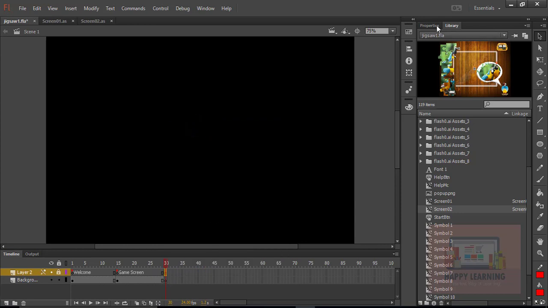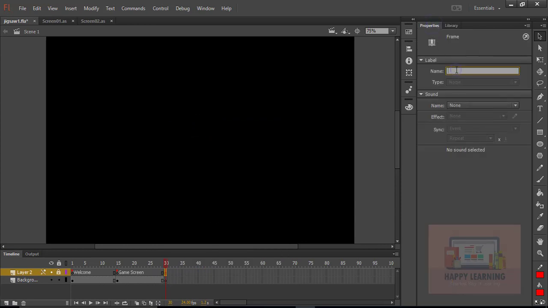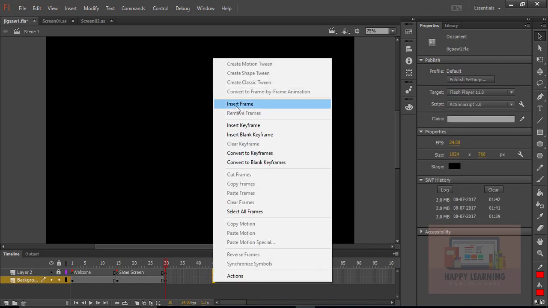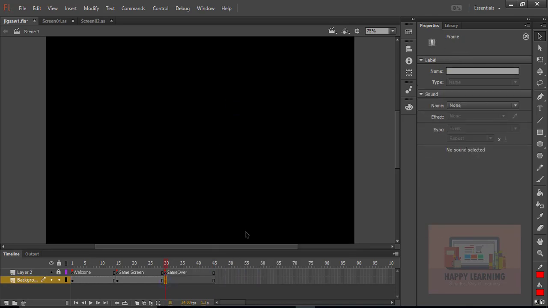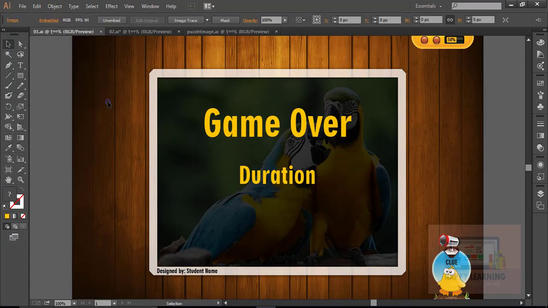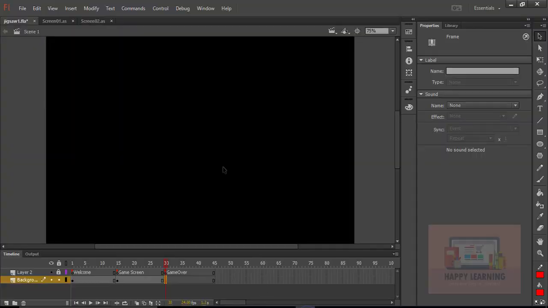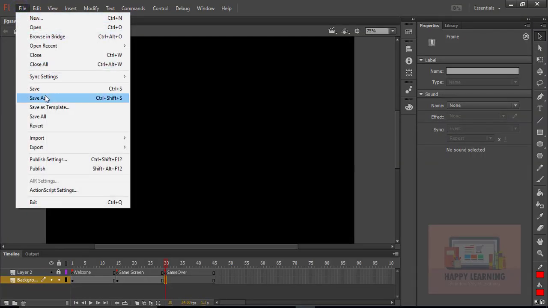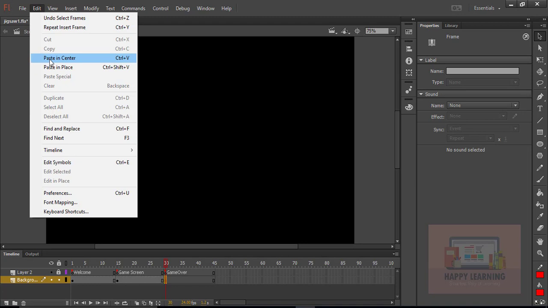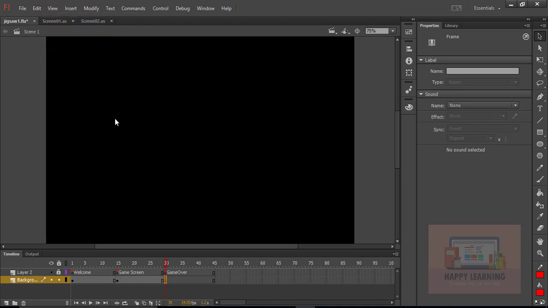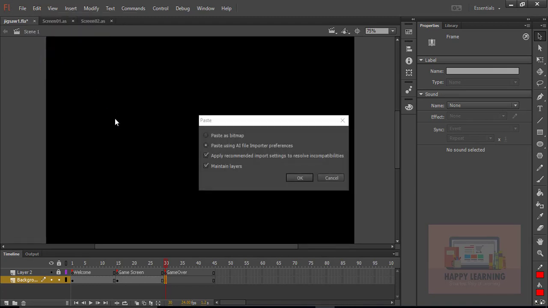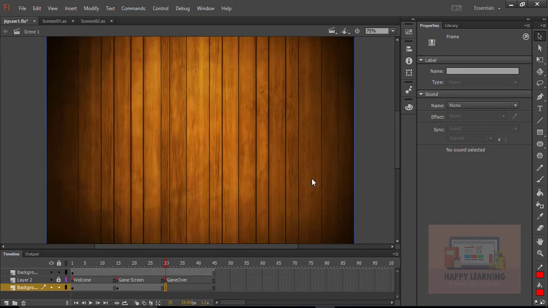So for this, let's create another screen, because once the game is over, it's supposed to move on to screen 3 to display the total duration of the game and a normal display of the text as in game over. So we are going back to the main stage, created another keyframe on the 45th frame, and we are supposed to go back to Illustrator and copy the background or screen 3